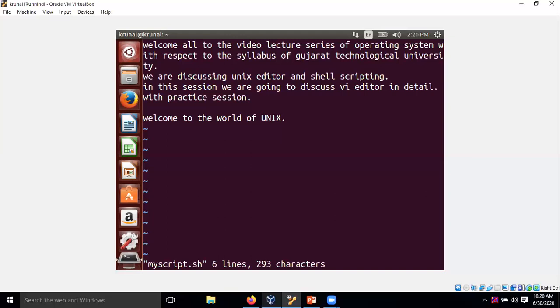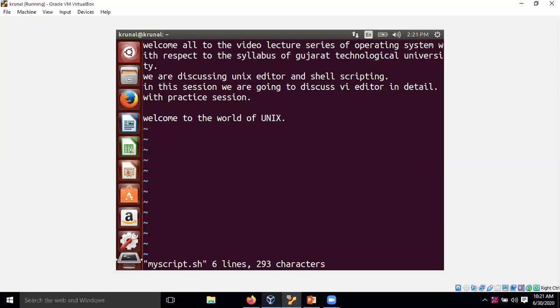I'm not going to discuss the shortcuts of insert mode right now. If you want to move your cursor to the end of the current line, you need to press $, and you will reach the last position.